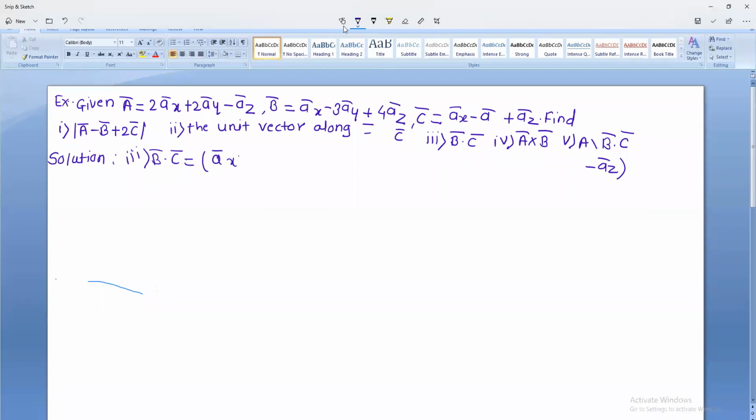So it is A bar X minus 3 A bar Y plus 4 A bar Z, dot product with C bar, which is A bar X minus A bar Y plus A bar Z. Now tell me the answer. B bar dot C bar is equal to,